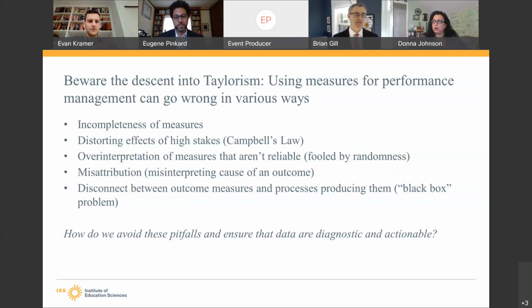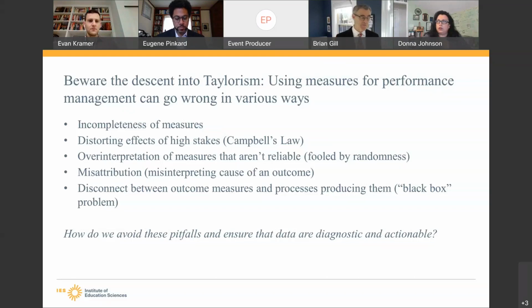And he was claiming to have good measures of a lot of things that he didn't actually have very good measures of. And I think that's a kind of caution that we need to be aware of, those of us who look at data and analyze data in education all the time. They can lead us wrong in a variety of different ways. First of all, measures can be incomplete. If we measure reading and math proficiency, but not proficiency in science and social studies, we're going to be missing something. When we attach high stakes to them, sometimes they can distort behavior.